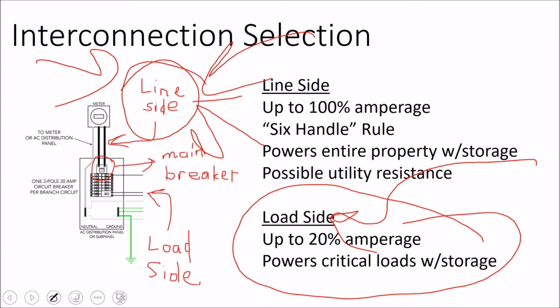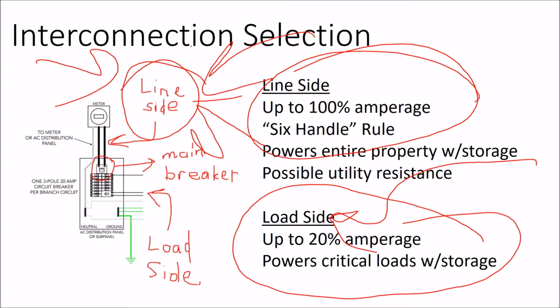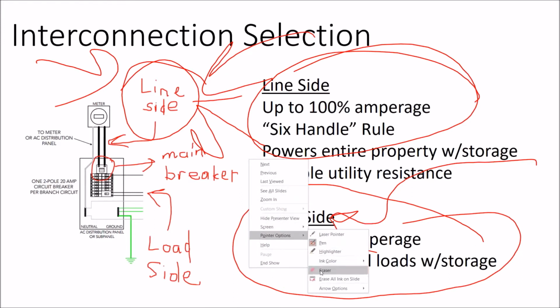But what I do know today is through a line side connection, I can go all the way up to my service panel rating. And so I might do 60 amps of solar today and then 40 amps of batteries tomorrow, and I'm still only 50% full up. Maybe I want to add a generator on top of that, and that might be another 40 or 60 amps. Maybe 80 amps. Line side connection is the way to go to start building a comprehensive